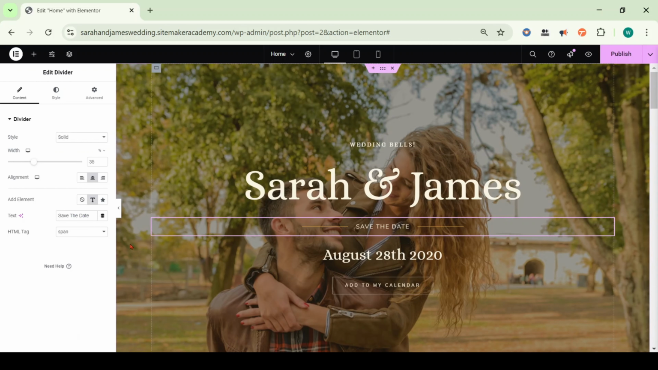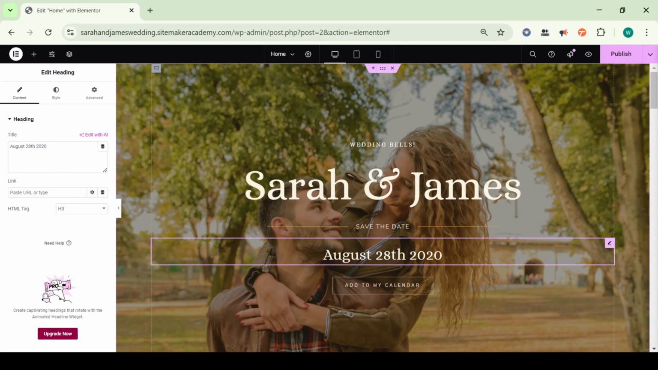And save the date. So for the save the date, it's a divider. You can change the width of the divider. We'll also edit the date of the wedding